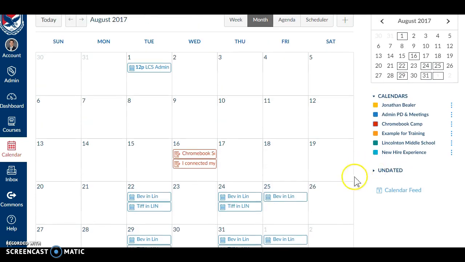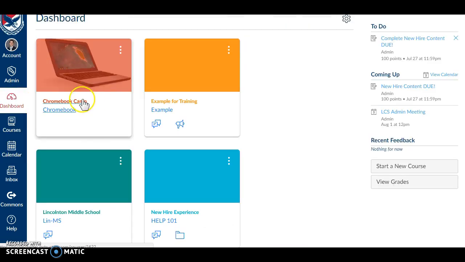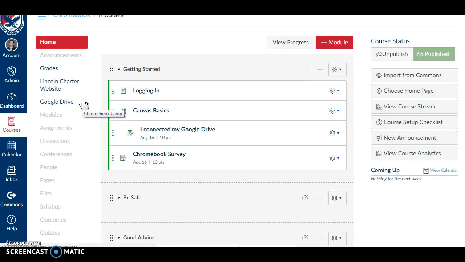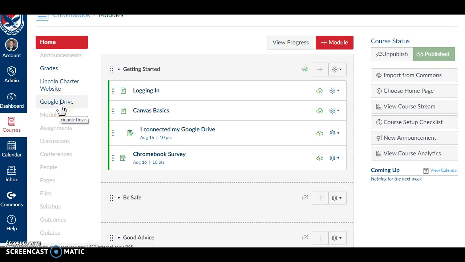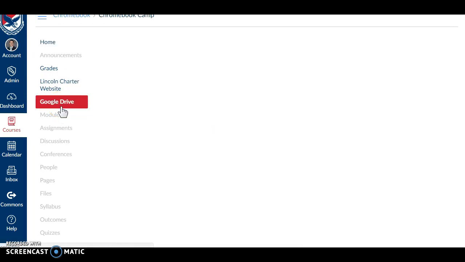Okay, so next thing we need to do is let's go back to the dashboard, and you can click on Chromebook Camp, and we need to connect your Google Docs. Okay, so you should see a link called Google Drive on the left hand side. Again, yours is going to look a little bit different from mine, but on this side you can see Google Drive over here. And if you don't, make sure that you've got this extra navigation bar for the course turned on. So click on Google Drive,